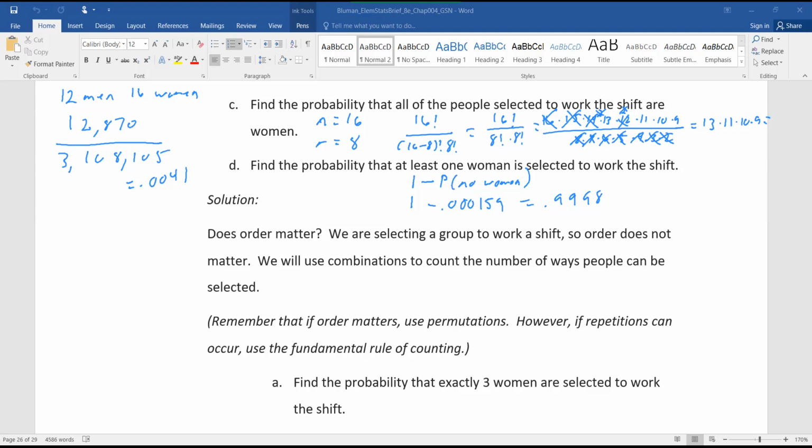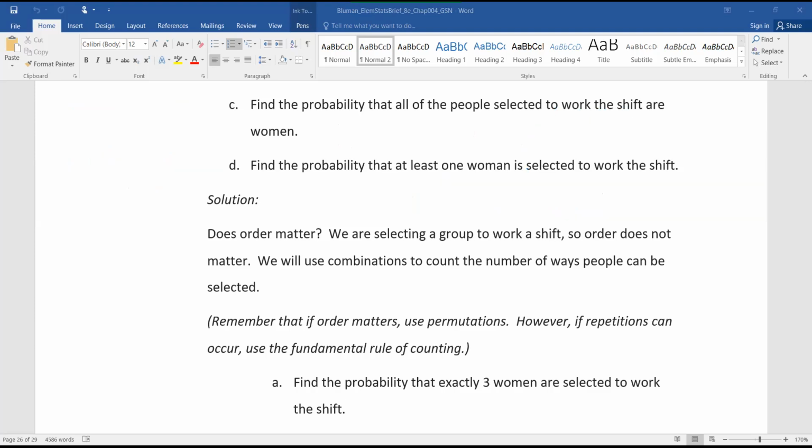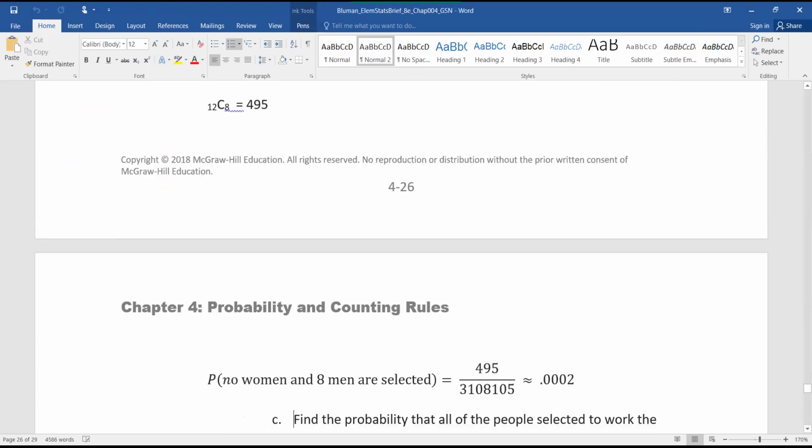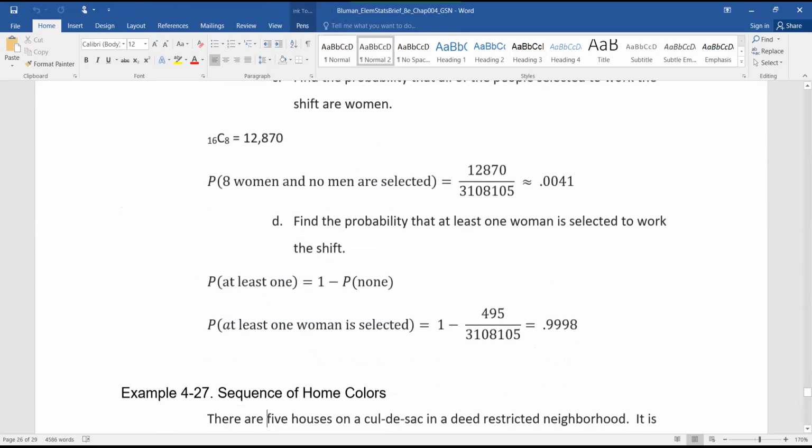Any questions then? On the next page, they have all of the work that we just did together. So let's look at example 27, so maybe we can do a problem they did not work. These types of problems are going to take a lot of practice, so make sure you're practicing these.